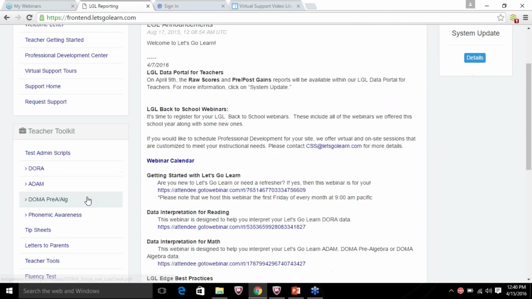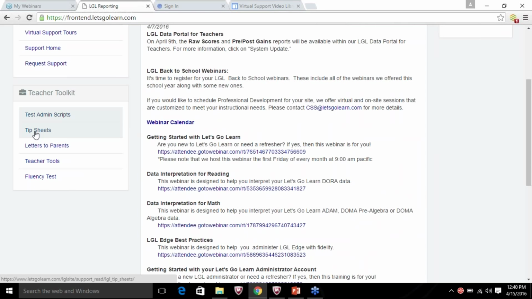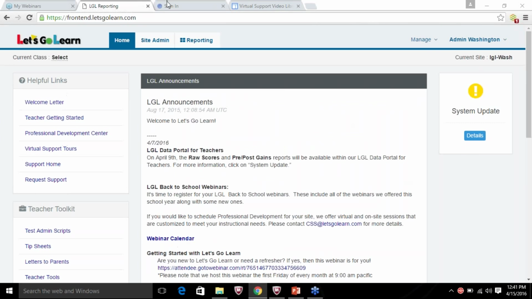Also under the teacher toolkit, I mentioned before, you have tip sheets. So if you prefer to have those printed out versus the videos, you have access to that. I do want to point out on the right-hand side, in our GoToWebinar dialog box, you have a handout where there is a tip sheet already loaded for you. So at a time that's convenient, either now you could click on that. That'll open up to your computer. And this is a lot of what we're going to talk about today, just managing users. So you can have what we talk about today there saved to your computer.